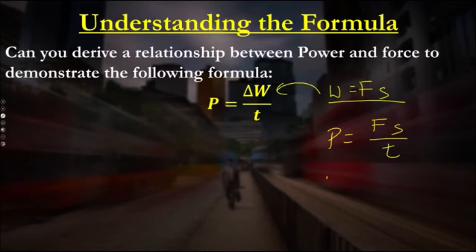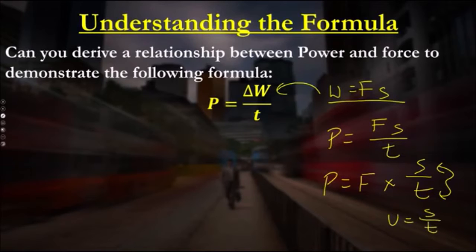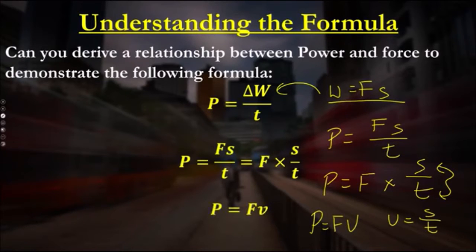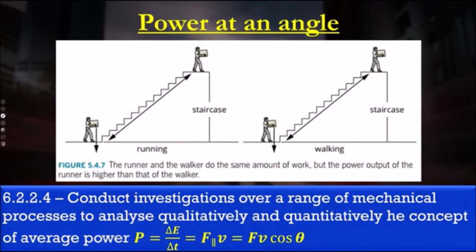If I do a little trick that we do in maths, we separate this fraction, S over T. Displacement over time, what is that? Velocity equals displacement over time, which means the power is the force times your velocity. And so you get that. So that's how we got to